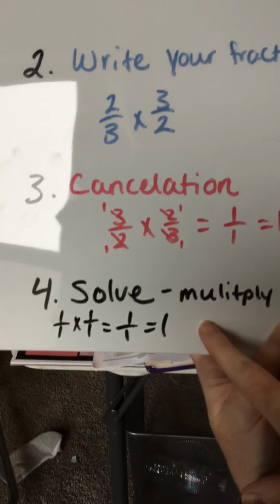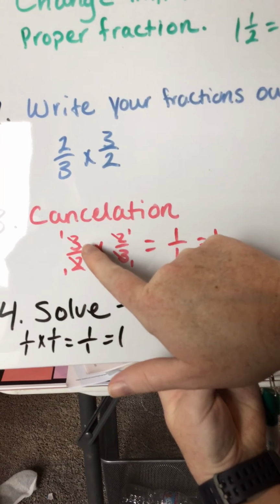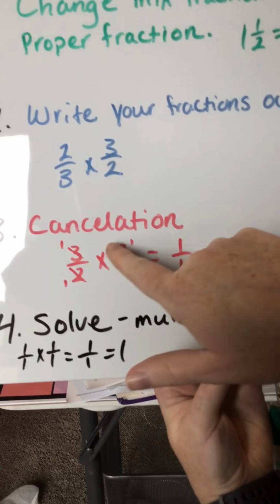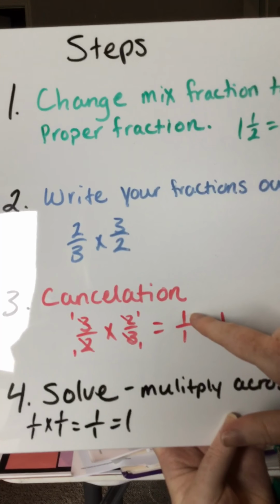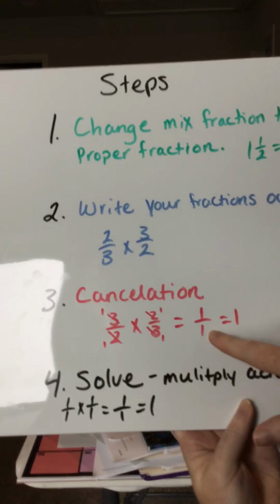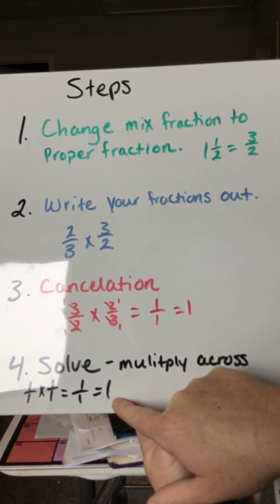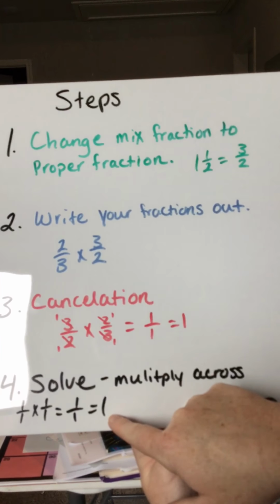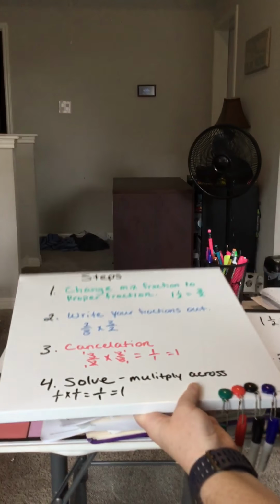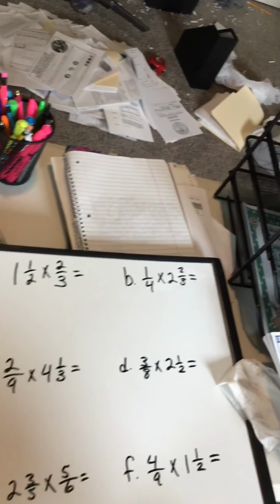Step 4, you're going to solve, which is you multiply across. So if we did cancellation up here, we have 1 times 1 gets us our 1. 1 times 1 gets us our 1 on the bottom. So to solve, 1/1 just becomes a whole 1. Okay? All right, let's get to our problems. We're going to start up here. So on our first problem,